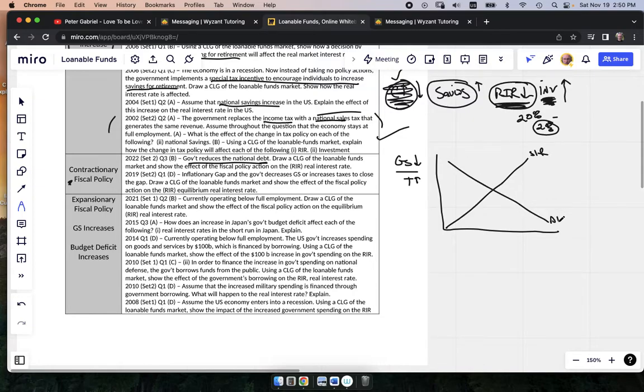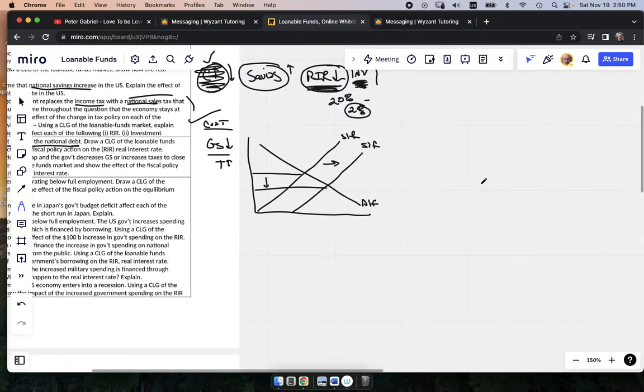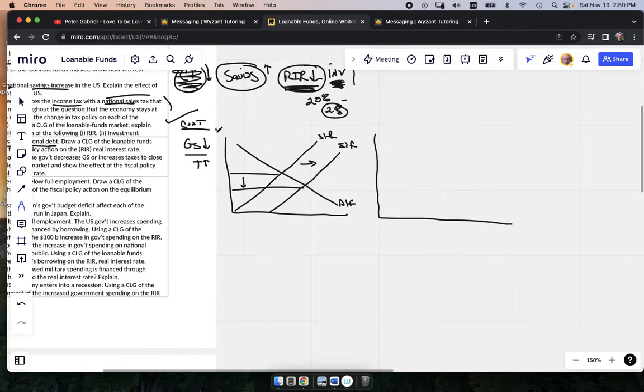If the government is spending less, again, this is contractionary fiscal policy, or they're increasing taxes, there's going to be more money in the banks. The government is taking less money out of the banks because they're spending less or borrowing less from the banks. This has got to drive down the real interest rate. Again, let's make sure we do our correctly labeled graph here: RIR, QLF. Make sure you label all axes, right? We can see that there's going to be more money in there because the government's taking less out. IR1, IR2, QLF1, QLF2. If you don't label something, they'll take a point from you.